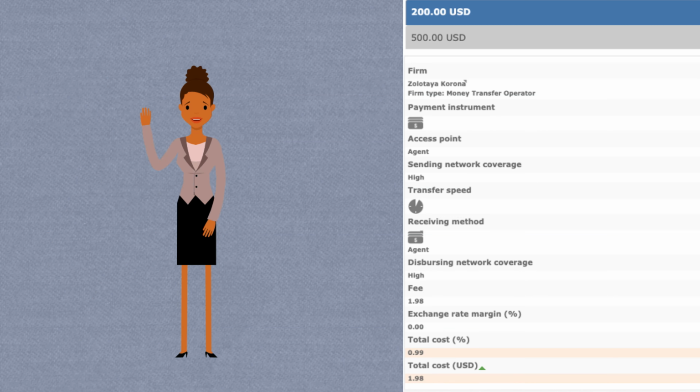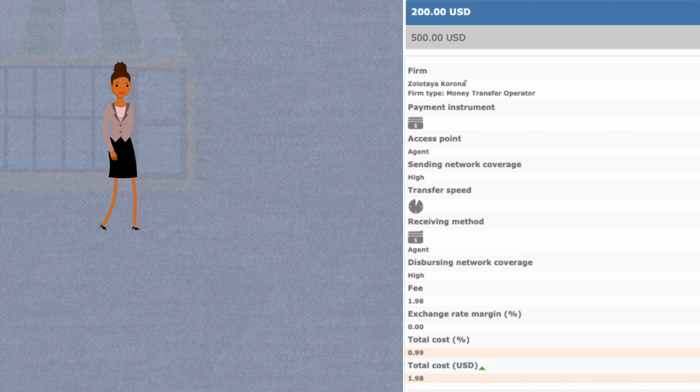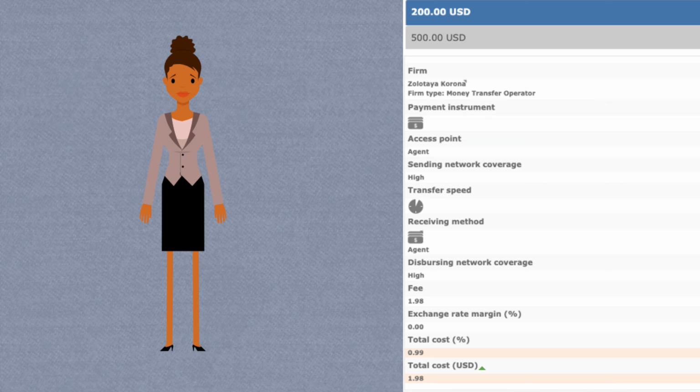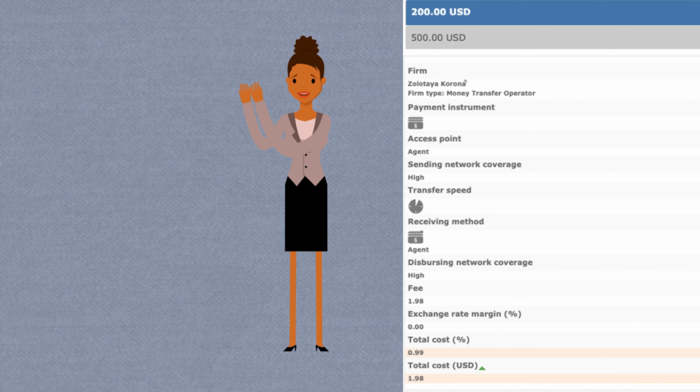Here's an example of what one service provider's entry looks like. We can see for this provider that it only accepts cash, not electronic payments. This transfer provider is not online, so remitters must travel to the agency's location, which may incur indirect costs. For direct costs, we can see that a $1.98 exchange fee is taken out, indicating a very low, less than 1% transaction fee. Finally, there is no exchange rate margin, so this provider will not make any money off currency conversions.